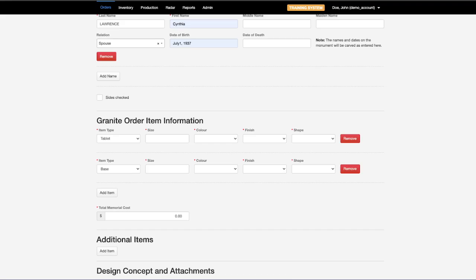We're going to first start with entering the information for the tablet. So this would be the custom part of the order. Rather than doing a serp top, we're going to press custom, and then we'll enter the size. It's 2 feet, which is 24 inches, by 6 by 30. We're going to enter the color, which is black, and the finish, it's a polished 2. And then for the base, it's going to be a matching base,